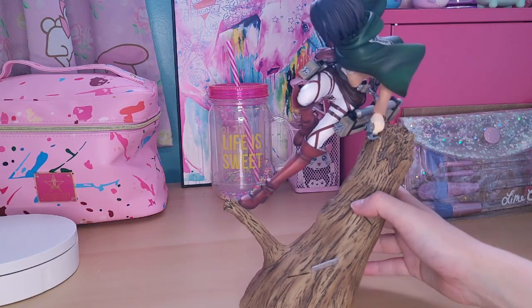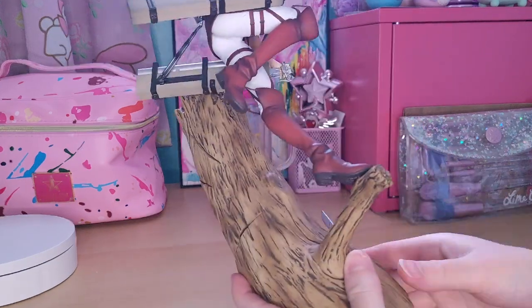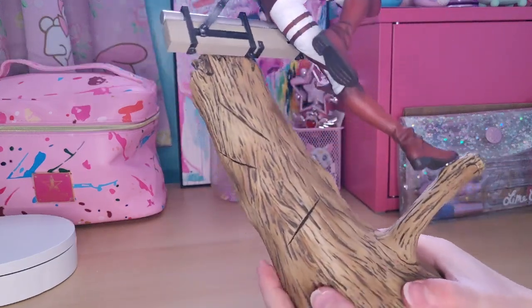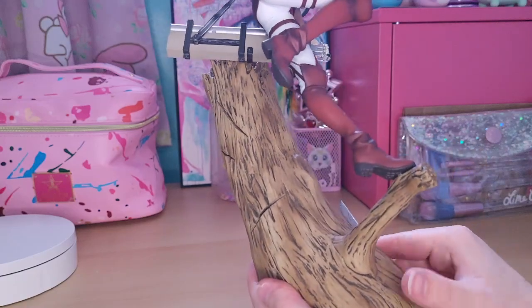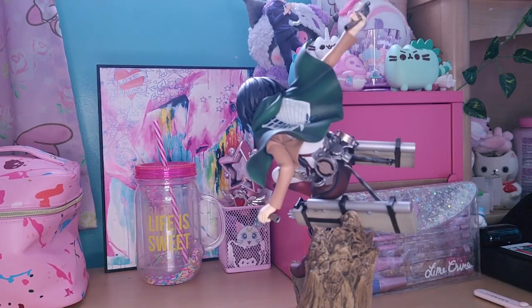So it just doesn't fit that way that well. So I got it in as best as I could. Again, struggled quite a bit off camera, but it is in now. So we're going to be moving on. We're just going to be attaching